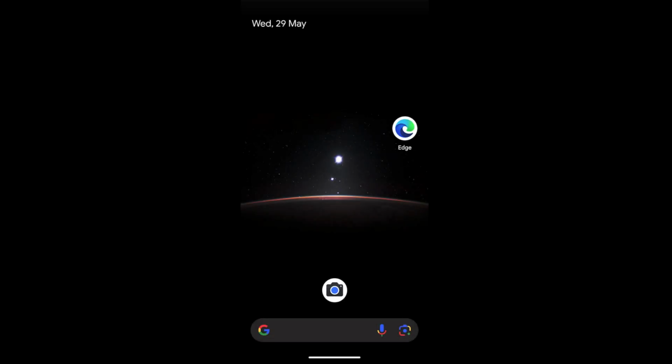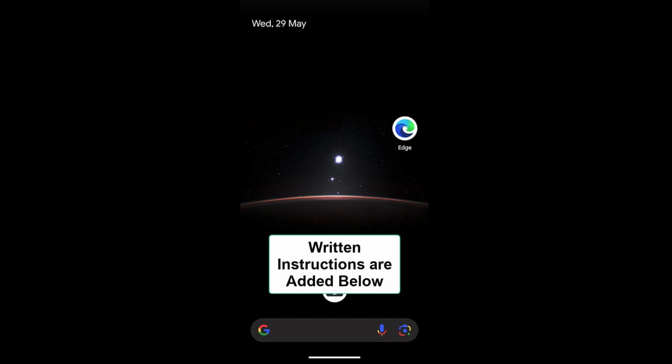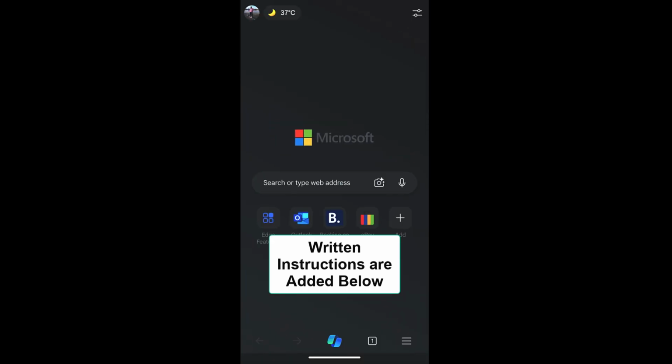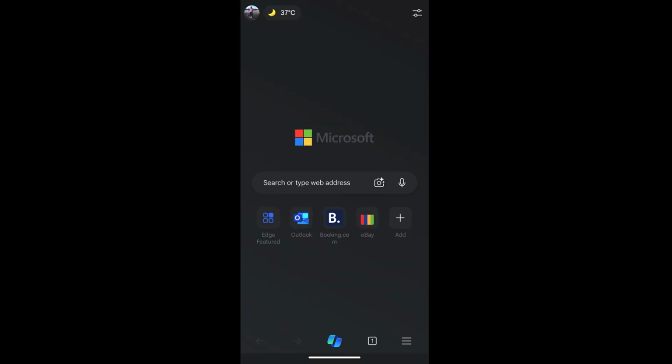Hello guys, in this video we are going to learn how to clear the site cookies in the Edge app on Android. Open the Edge app, open any website that you want to clear the site cookies for, say, suppose ebay.com, and